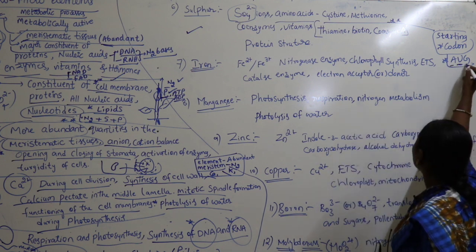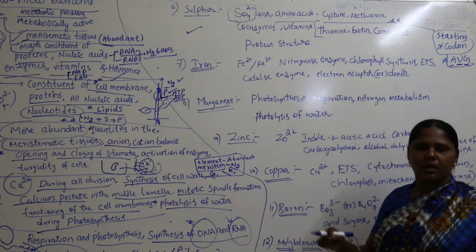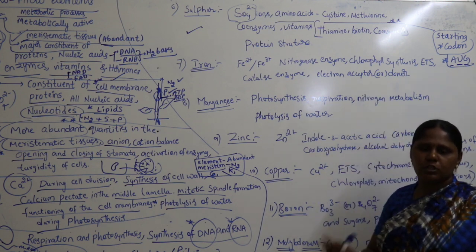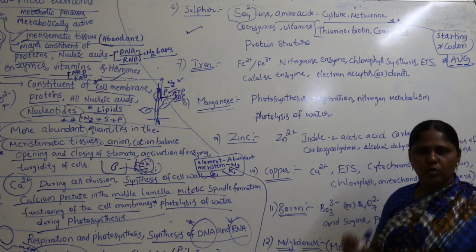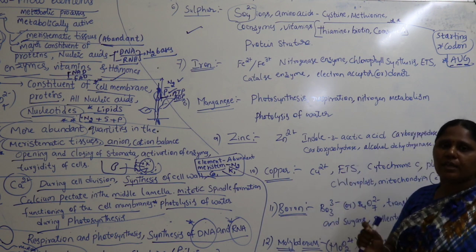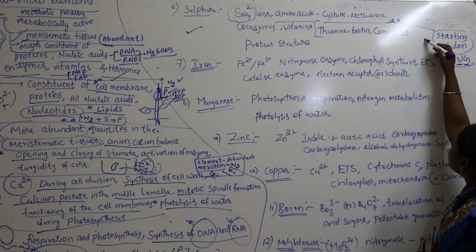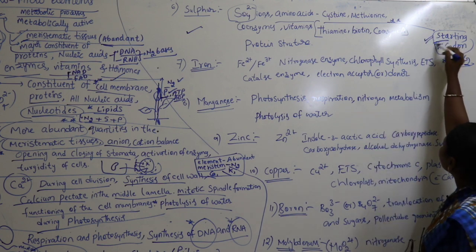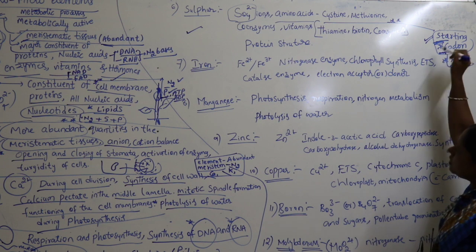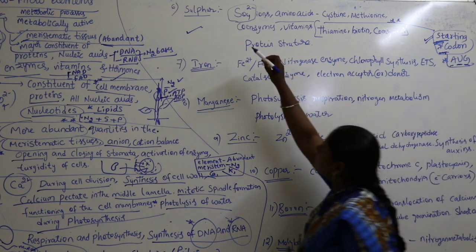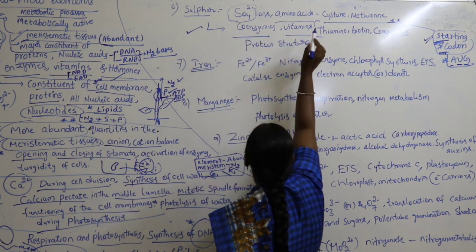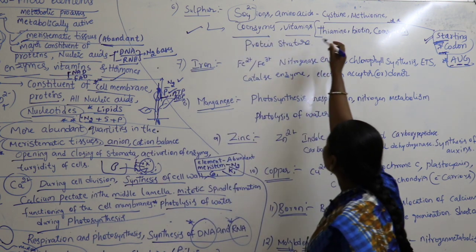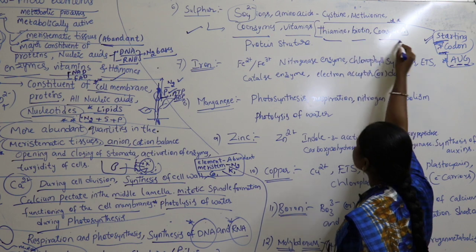Adenine, uracil and guanine, three nitrogen bases. Together they are involved in the initiation of protein synthesis. As they begin protein synthesis, they are referred to as starting codons. Next, sulfur is also a constituent of coenzymes and vitamins, especially vitamins like thiamine, biotin, and coenzyme A,